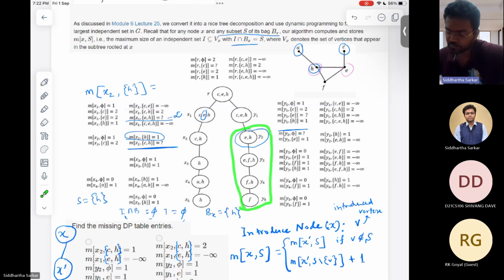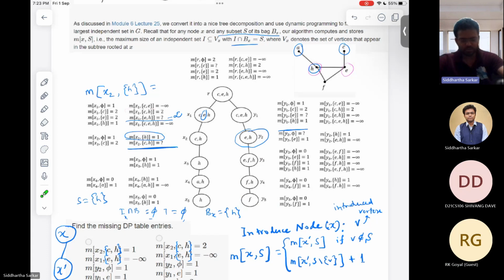So this is a shortcut: y25 is asking me what is the independent set composed of vertices E, F, and H. E and H you can take because this thing is phi. So basically, what is the maximum size independent set composed of E, F, and H? You have a triangle, so you can take at most one. That is the reason this is going to be one. I can see it immediately, but we have to